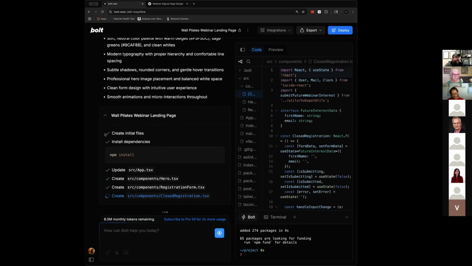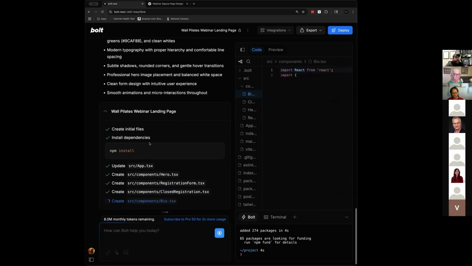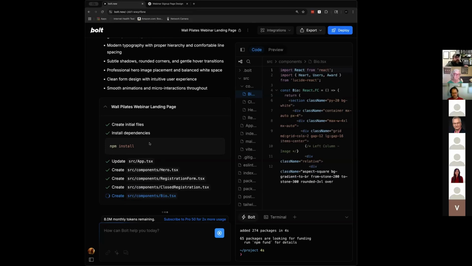And all this is doing, so created initial files, install dependencies. These are just pieces of software that exist in open source, meaning it's free to use, that it is putting together. Those dependencies just save you a ton of time. If you were writing this code, you would pull these things in so that you don't have to write all of that other stuff. These are things like form builders, the calendar tooling, the timer information.